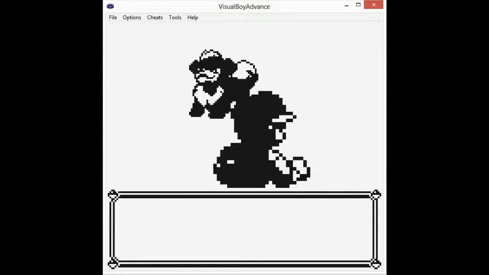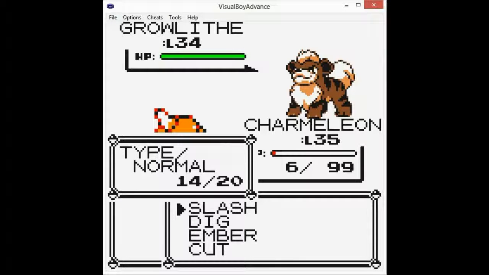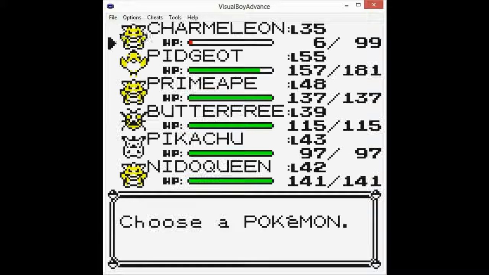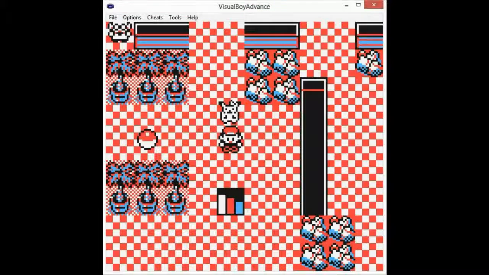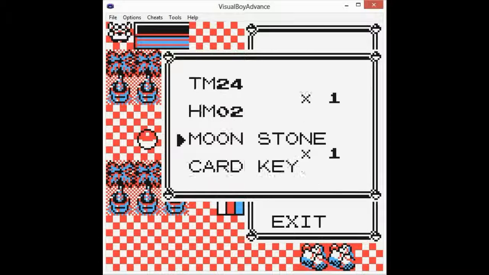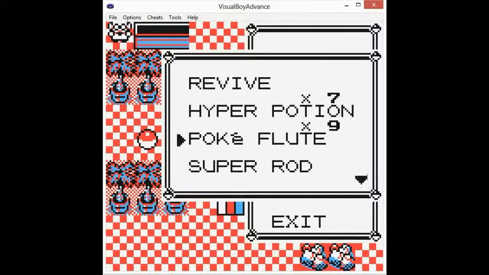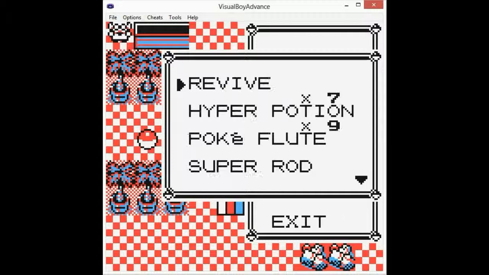Like I said, you want to empty your pack here. Oh, and by the way, there are Growlithe here as well. So actually, there are Growlithe and Vulpixes here too. So be on the lookout for those because they're actually useful. Anyway,